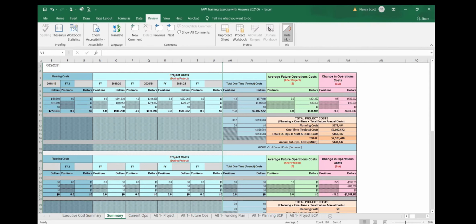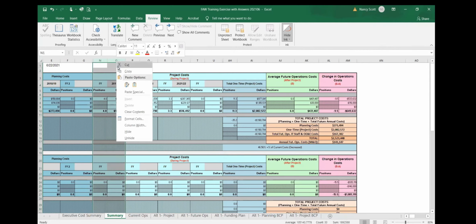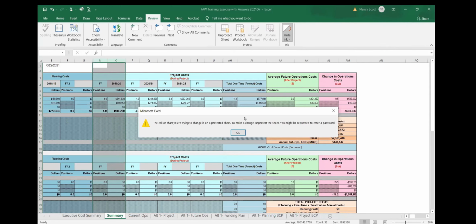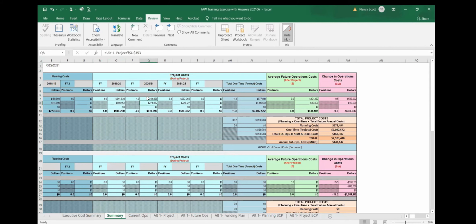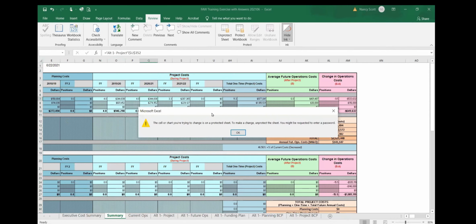Normally, it would have a protection. So if I went here and tried to delete this or cut it, it won't let me. It'll say it has protection, don't do it. If I try to delete the cell, I'm going to right click and cut it, and it's going to give me that.